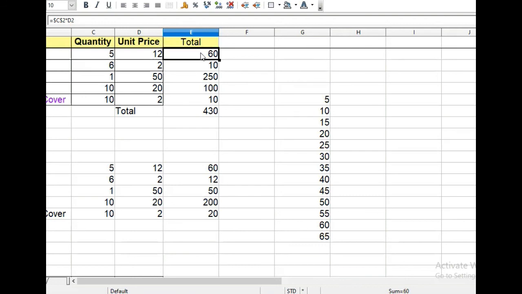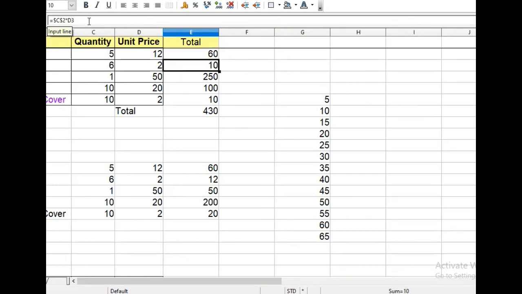See, here C2 D2 is there, and since we have made this an absolute address by keeping a dollar sign before the column letter and row number, now this C2 will remain constant.